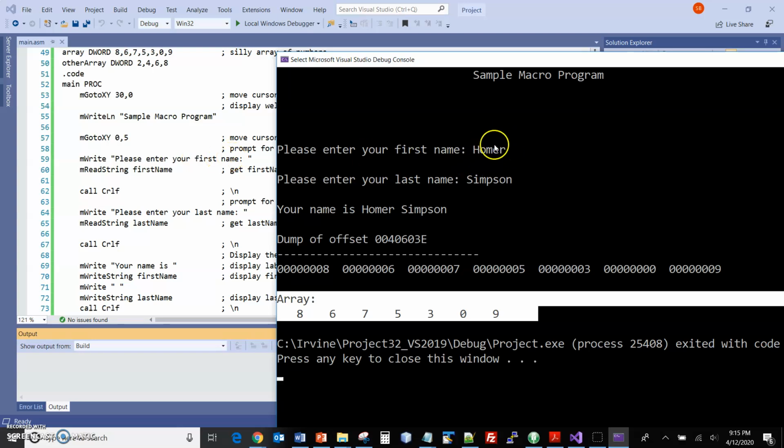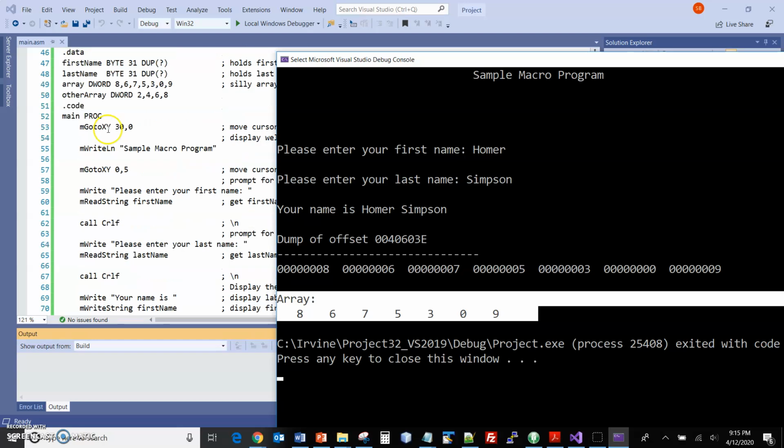And when it actually prompted me for my name, M read string, first name. So the author wrote some macros that make the calling of his own procedures a little bit easier. If I scroll back up here to data, all of these strings being referenced throughout this main procedure